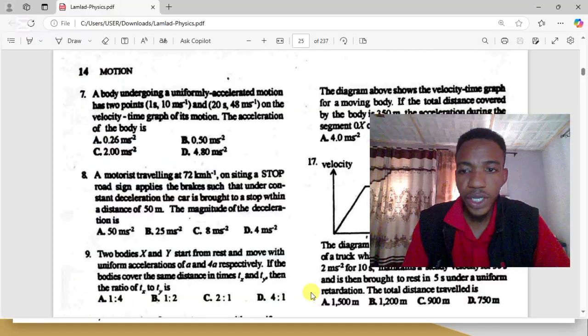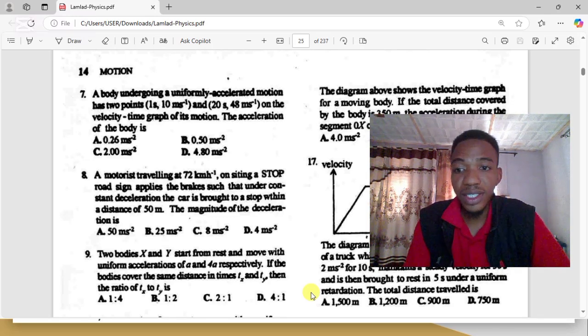End of story. The second question says a motorist traveling at 72 kilometers per hour, on sighting a stop road sign, applies the brake such that under constant deceleration the car is brought to a stop within a distance of 50 meters. The magnitude of deceleration is,